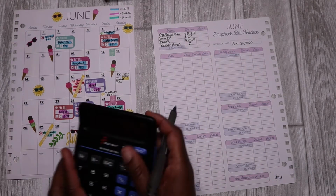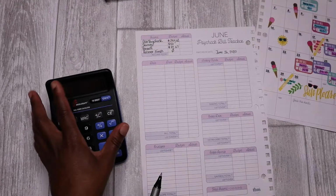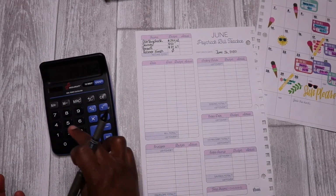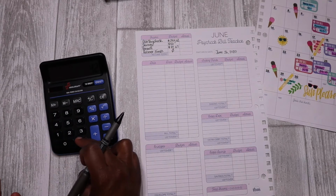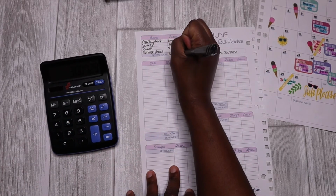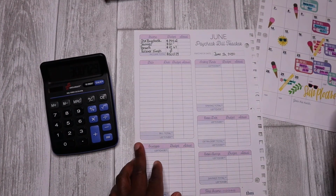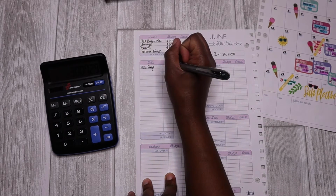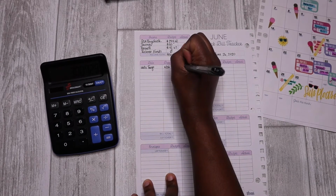For my estimated budget for this pay period, my total is $2,914.62 plus 50 plus 42.67 equals $3,007.29. For bills, I have my Wells Fargo, which is my car note, and that is due on the 26th, and it is